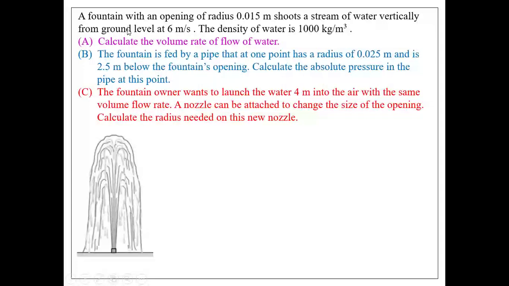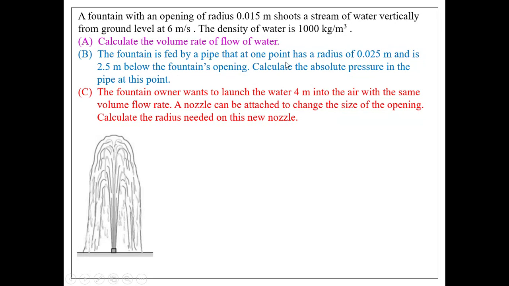In this video, it says we have a fountain with an opening of radius 0.15 meters that shoots a stream of water vertically from the ground at 6 meters per second. It says the density of water is 1,000 kilograms per meter cubed. Part A wants us to find the volume rate of flow of water, and then part B says that if there is